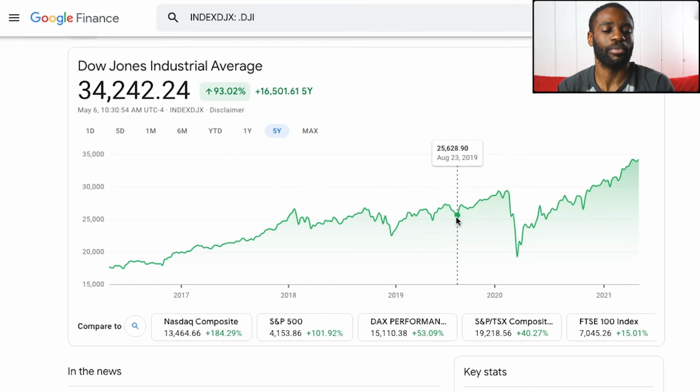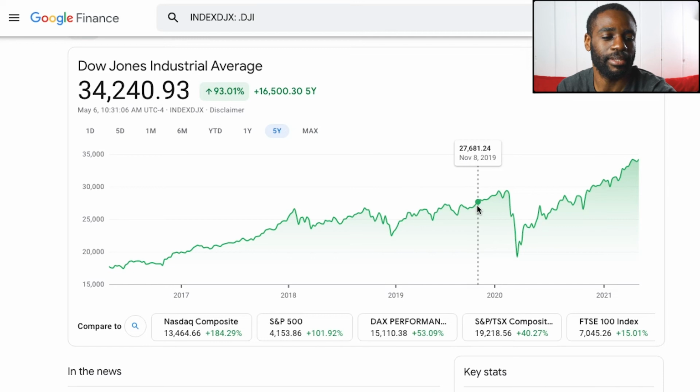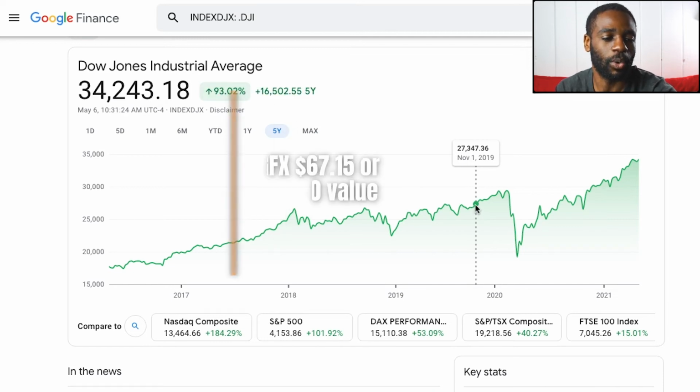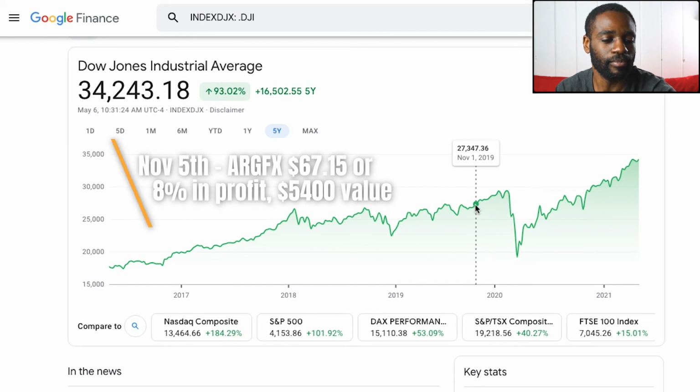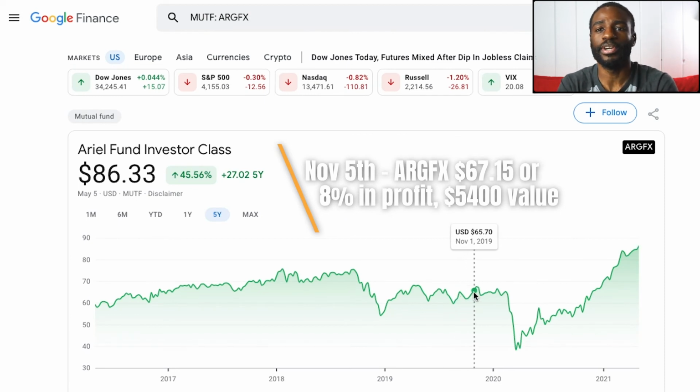And we look at November 1st now. November 1st, we saw that it was rebounding, right? It was already on its way up. And November 1st was a great day to buy. Well, after that, November 5th, to be exact, was a good day to sell it. So on November 5th, the price was at $67.15. So you could have sold on that day.